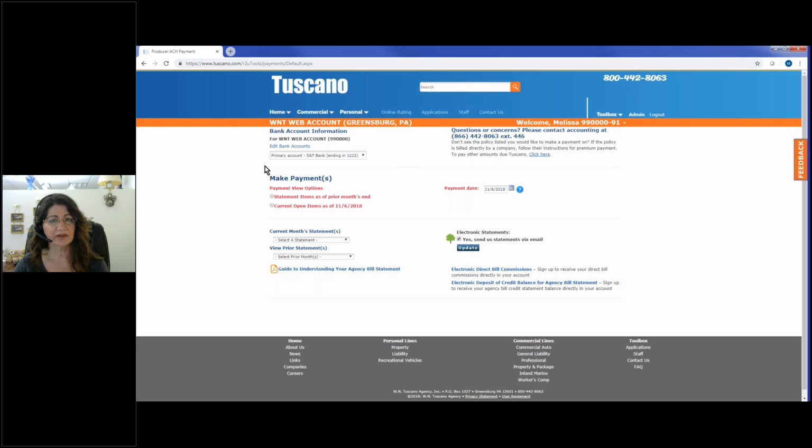So currently you have the ability to add your banking, and you can add several banking accounts in here. This would be the bank account that you are making ACH EFT transactions to pay your statement, pay invoices from your agency's account. I can view current open items, or I can view these statement items as of when we